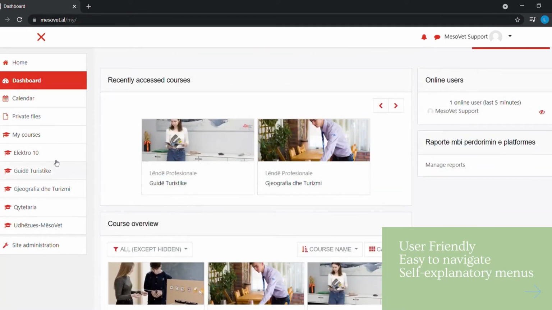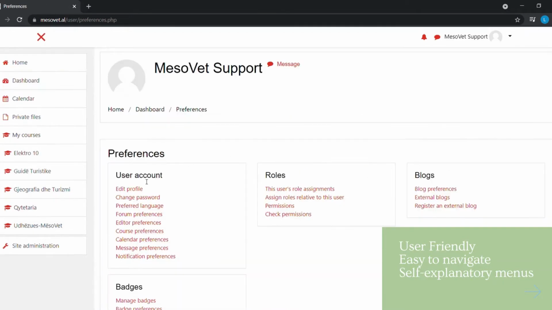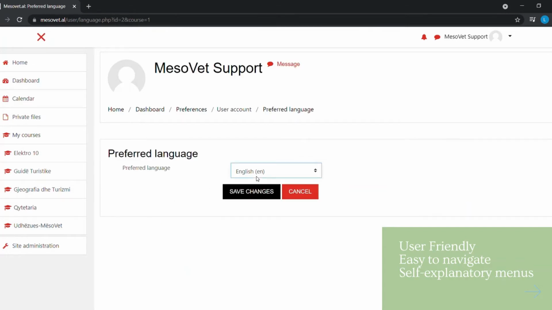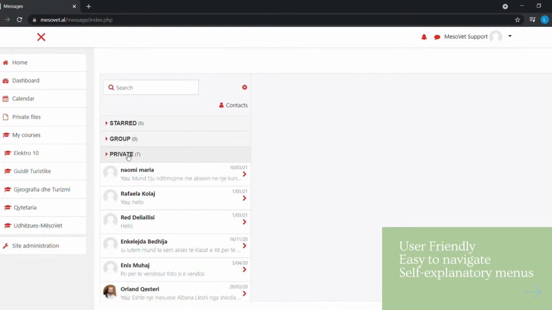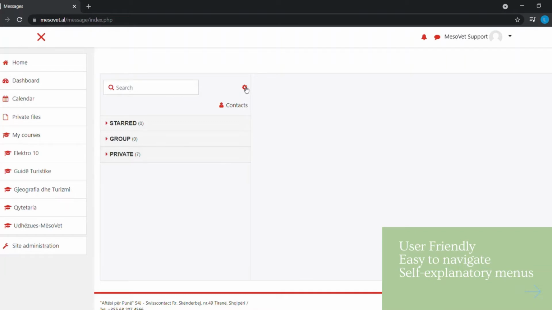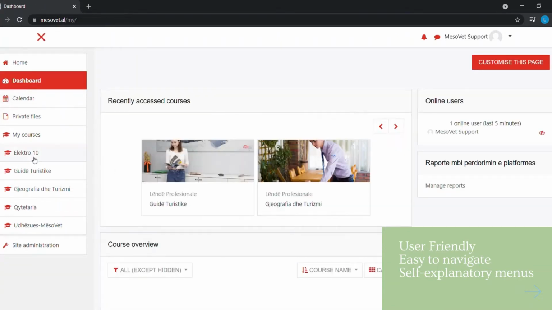On the left, you'll see a navigation list, and over on the right is a user menu with useful links, like the Preferences page, where you can edit your profile, change your password, select the language you want Musovit to display in, and decide the text editor you want when typing in text. As with many modern websites, you have icons for messages and notifications. Clicking the Messages menu, you can read and send messages, manage your contacts, select who you want to exchange messages with, and how to be notified of new messages. Notifications work in a similar way.